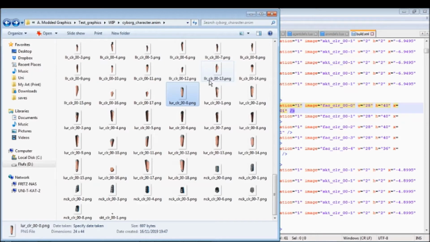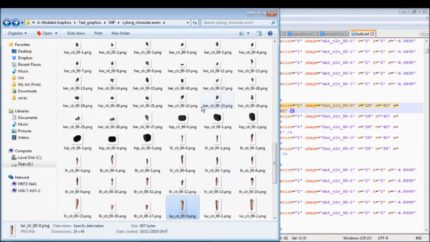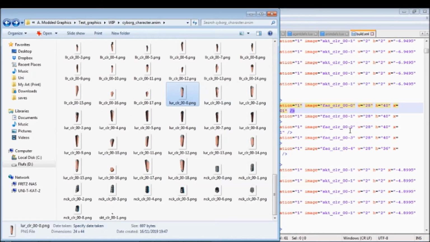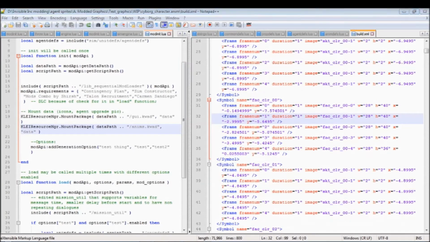If we just copy pasted it without any changes to build.xml, then it would appear slightly out of position. You can always tell when this happens because it's really obvious, like they're just floating body parts somewhere. If you see that this is the case, that means you didn't check something, and the sprite dimensions do not match. Fortunately, this is easy to fix. You could just manually adjust here, so it's like 24 by 44, whatever, for the legs. But honestly, it's easier to just